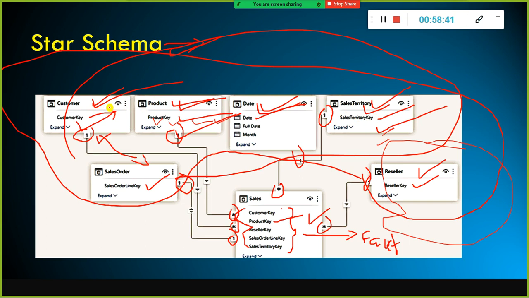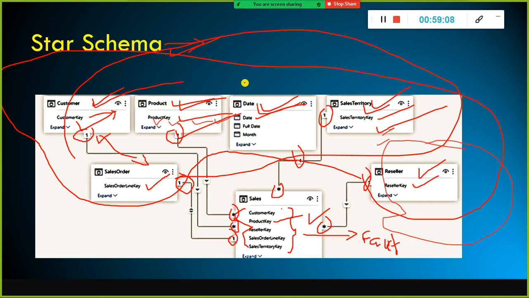There is something called a slowly changing dimension, where you can have more than one record, but I am not going to discuss that now. At this moment, just think each dimension will store unique records. What do I mean by unique records? The customer dimension table stores only one record for each customer. Similarly, the product dimension table stores only one record for each product.